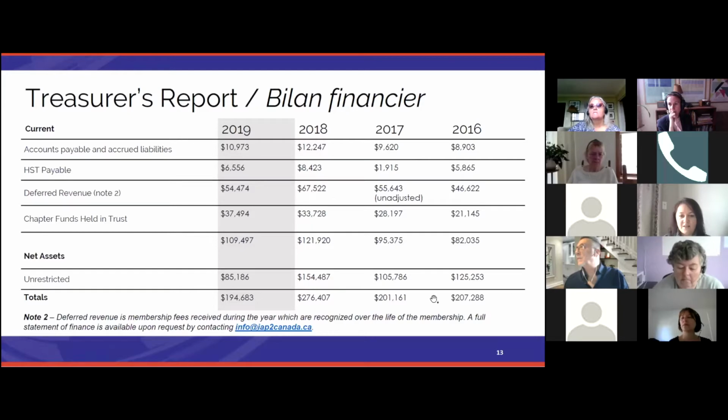So those are all very positive things in our financial statements. I won't go through them in detail, but I will take a moment to ask if anybody has any questions. But again, we ended 2019 in a good, strong financial position with just slightly under $200,000 in total net assets available to us. Again, knowing that 2019 is a year in which we have a little bit of a decreased